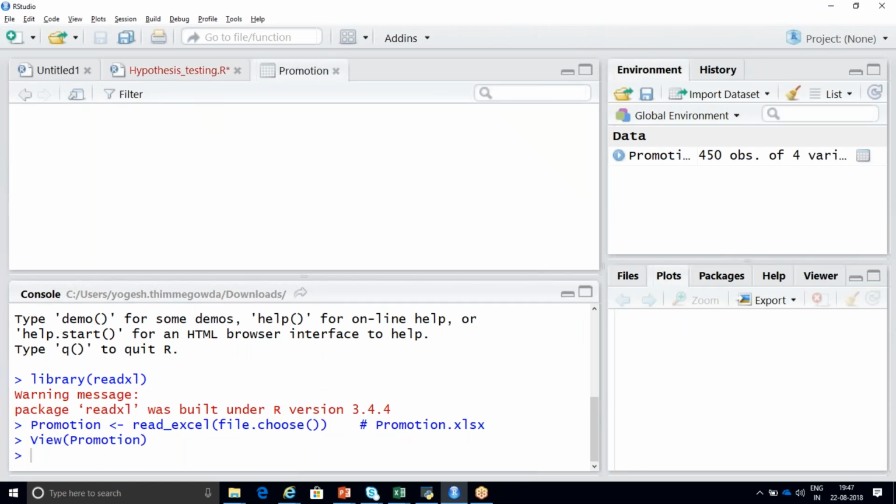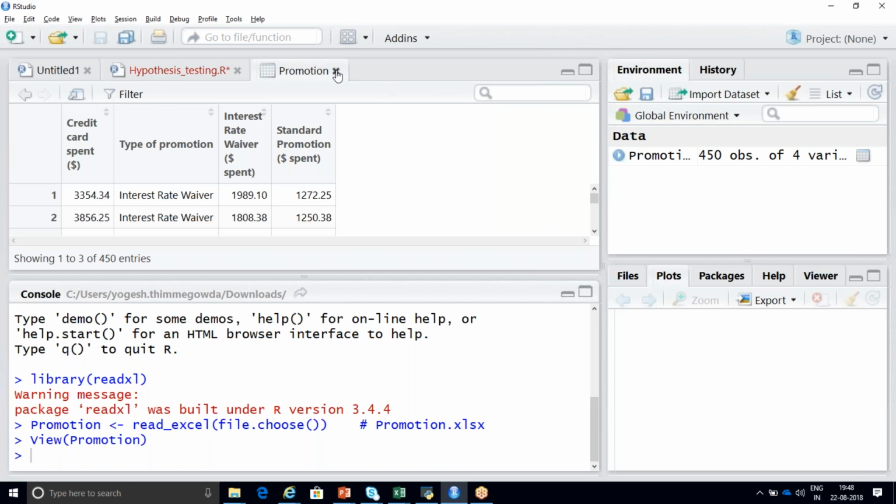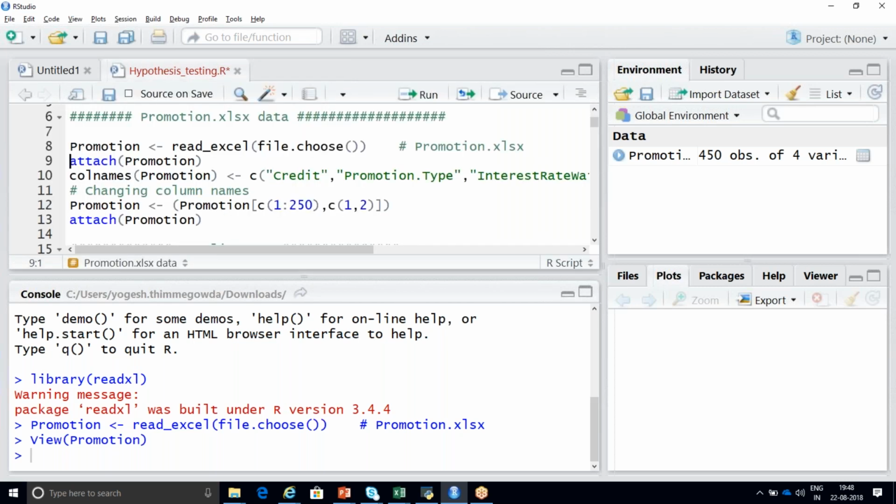So this is your interest rate, something and all is there. I want to rename these columns. I'm not interested in the first 2 columns. I want to remove these first 2 columns because I want only 2 columns: one is your Independence Day offer and another one is your Christmas offer. So what does this line of code do? Line number 9.